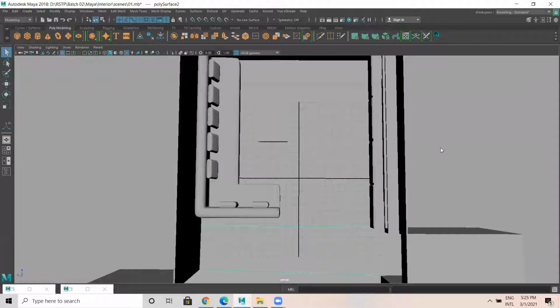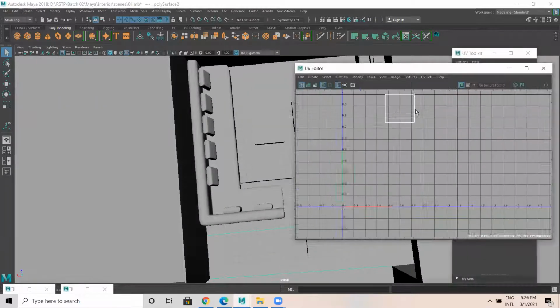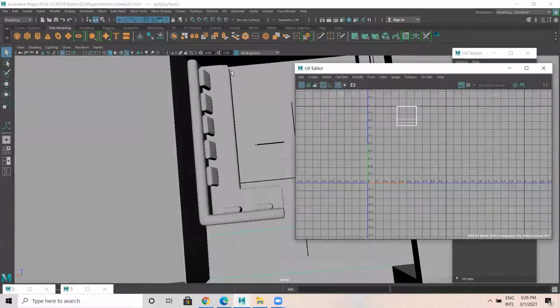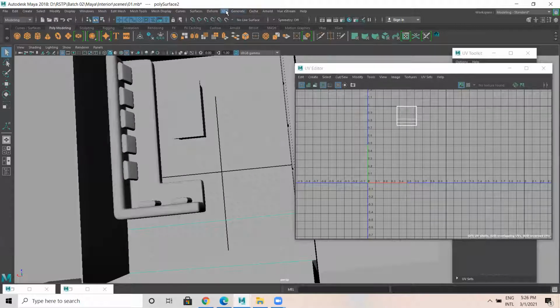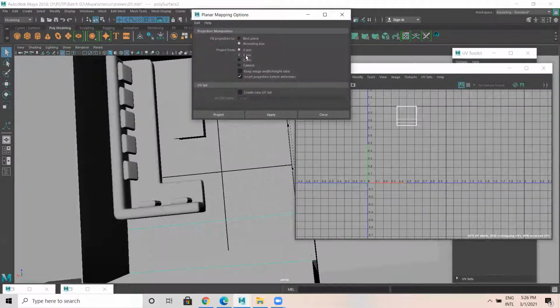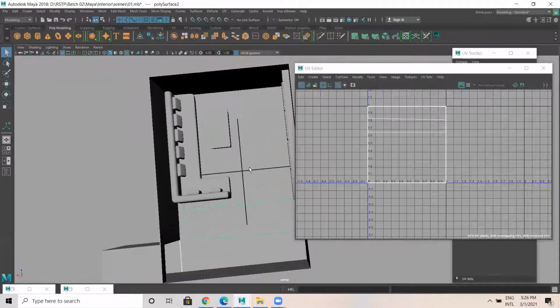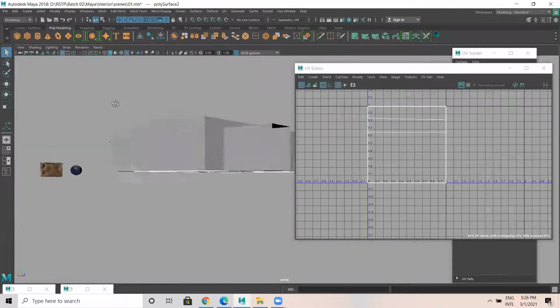Y. Top view Y, front view X axis, side view is Z axis. Now in top view, this is looking like this, see? This particular plane. Now what I'll do, I'll go to UV, planar mapping, Y axis, project. See? It's done. Okay.